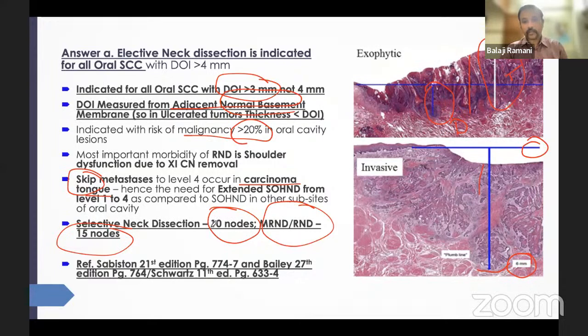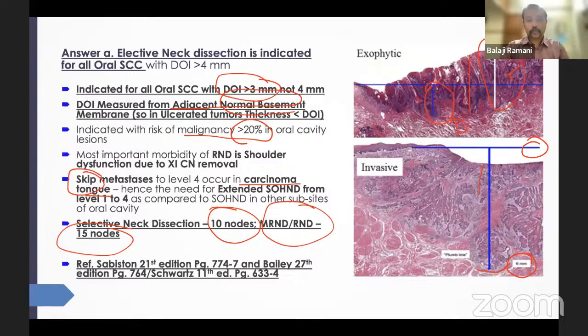the number of nodes, I have put it here, you can see it here. You can see it here, Pradeep, it is there in the notes. Selective neck dissection is 10 nodes, MRND or RND is going to be 15 nodes. Okay, so in your tongue, when you're talking about an elective neck dissection, you will always do something called an extended